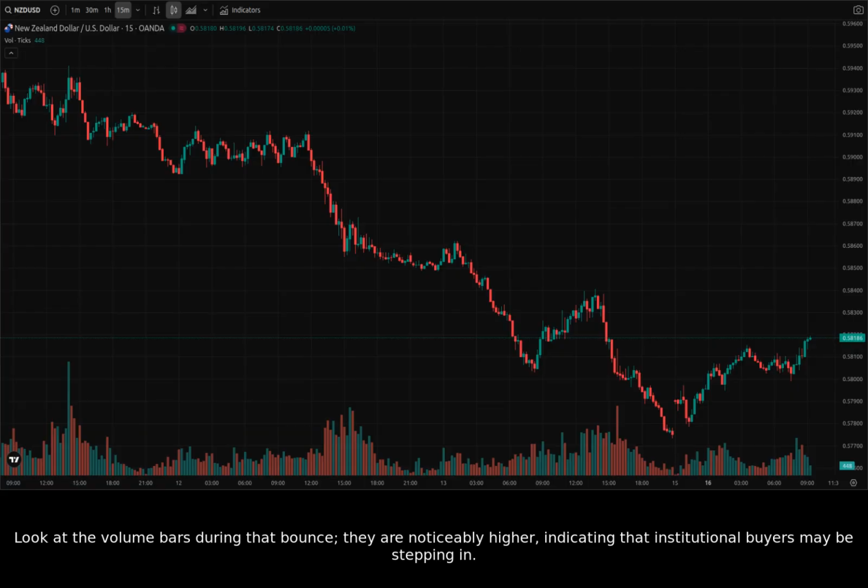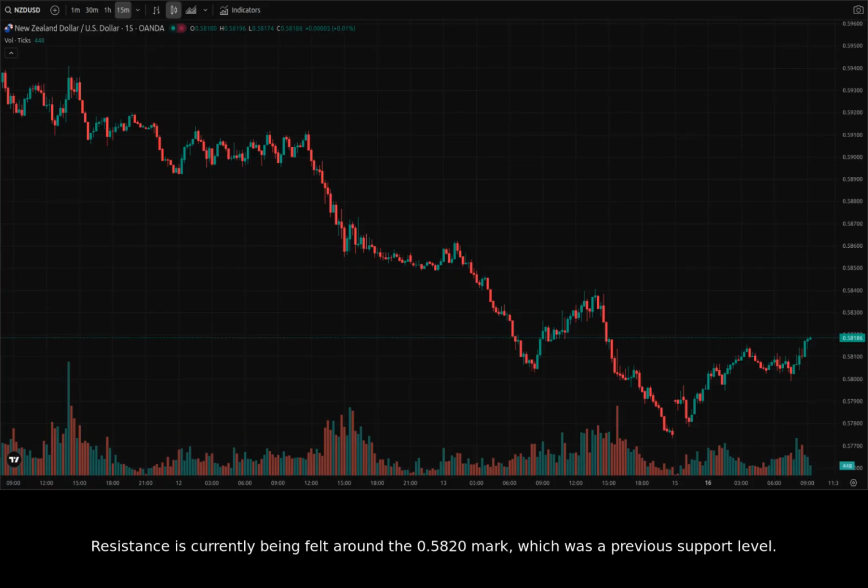Look at the volume bars during that bounce. They are noticeably higher, indicating that institutional buyers may be stepping in. Resistance is currently being felt around the 0.5820 mark, which was a previous support level. For a short-term bullish reversal to be confirmed, we need to see the price close and stay above